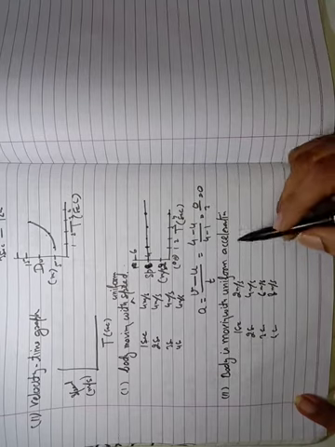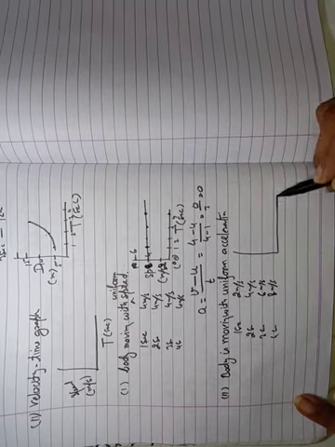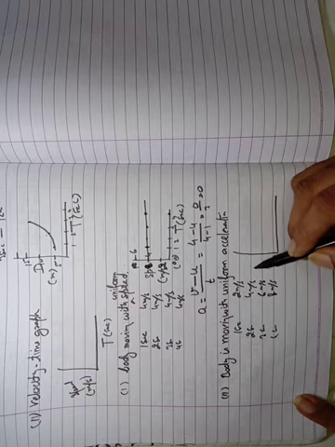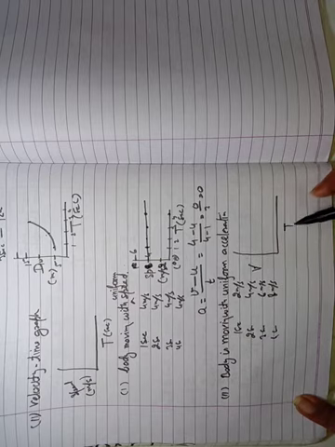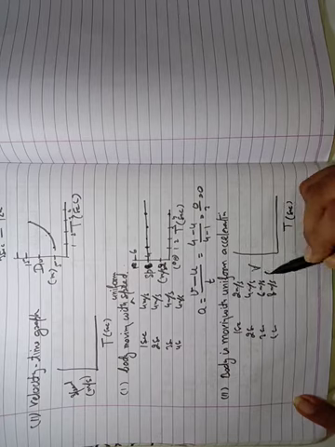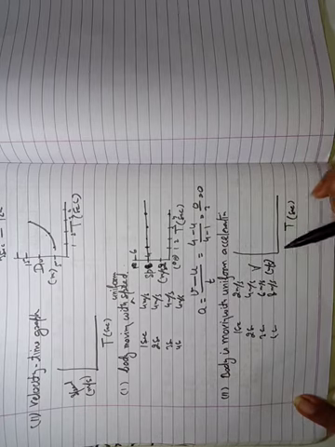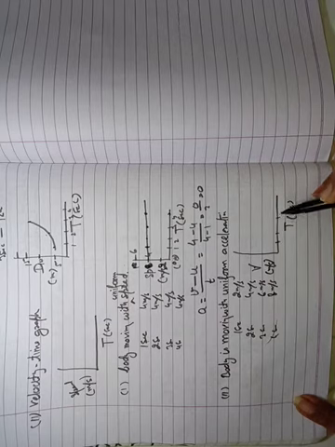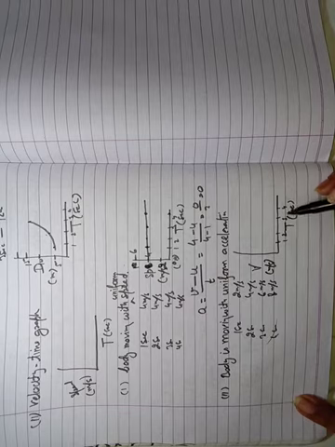If we represent it on the graph, this is the velocity time graph, or we can say the speed time graph. VT graph. Time is in seconds and velocity is in meter per second. By using these values, we can draw the graph. First of all, we have to write the values here: 1 second, 2 second, 3 second, 4 second. This is the scale.